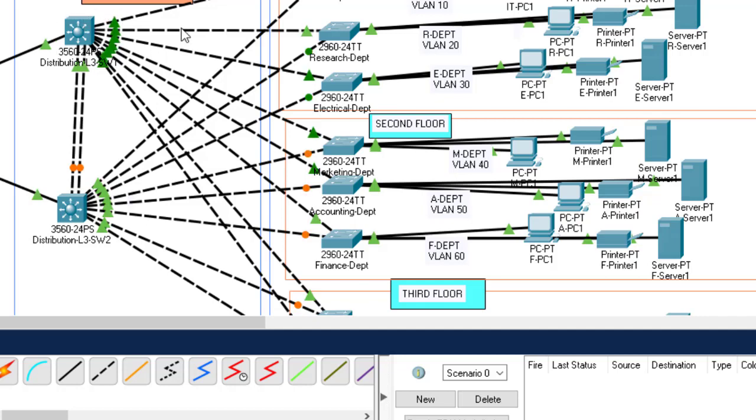Allow me to start with this switch, and I want all these interfaces except this one to be in trunk mode, all these interfaces. So let me see which interfaces are these. FA0/1, and this one is FA0/3, FA0/4, FA0/1, and the last one is FA0/11. So guys, I'll go to that switch,